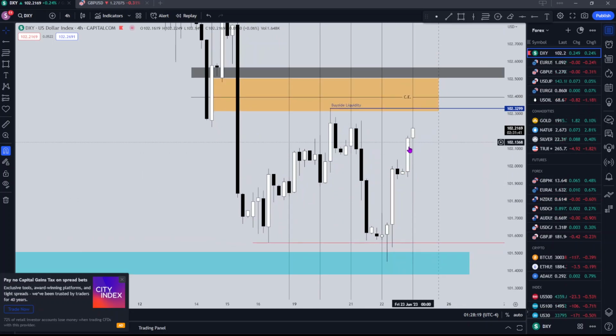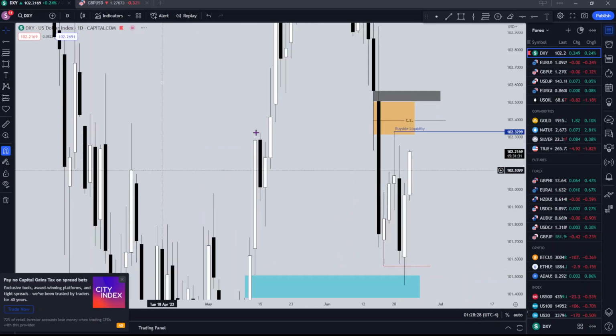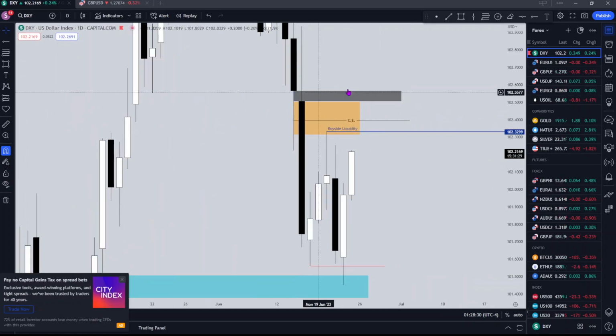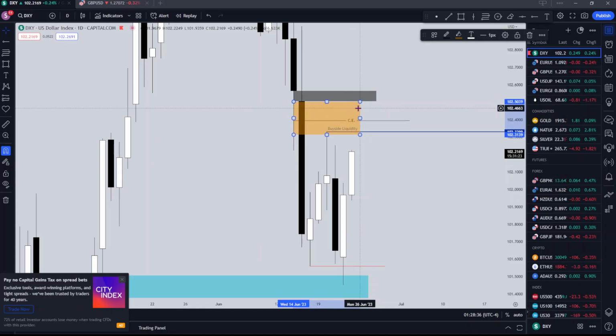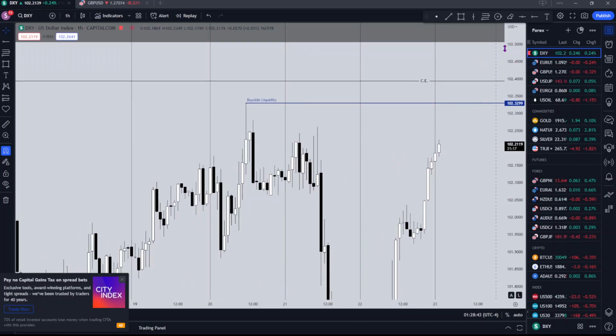We've pushed higher, and now you can see we're starting to run up into what looks like this buy side liquidity resting above there. I've also got marked out on the daily an imbalance here. That's that black box. And then I've also marked out the consequent encroachment off that wick. So these are both targets I'm expecting price to want to draw to. Whether we'll reach that today is another story, but I am expecting the buy side liquidity up there to get